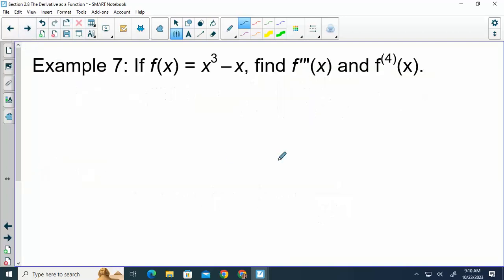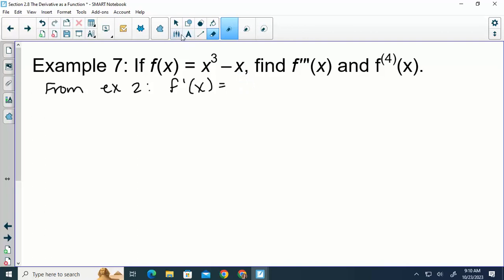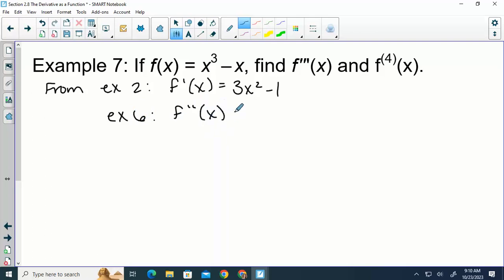So using the same function we just did, let's do the third and fourth derivatives. So we know from example 2, the first derivative was 3x squared minus 1. Then in example 6, we got that the second derivative was 6x. So the third derivative,